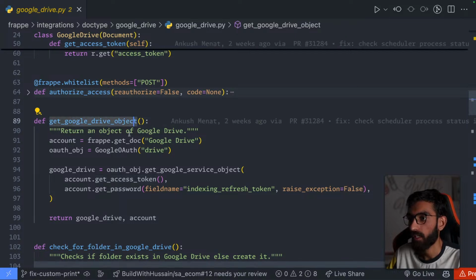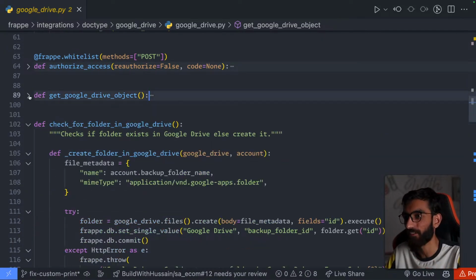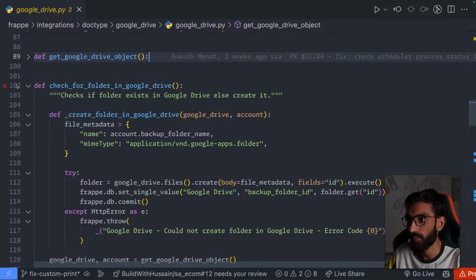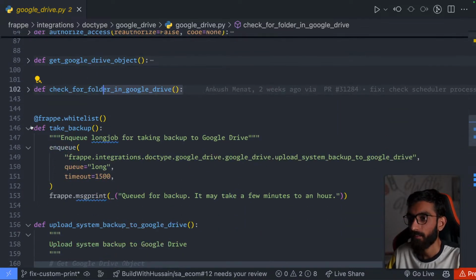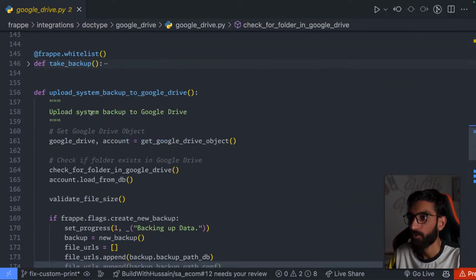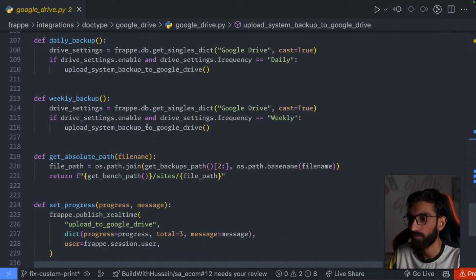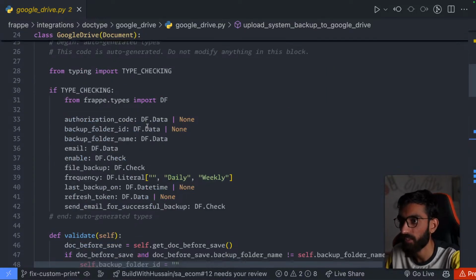Get Google Drive object. Nice. So we don't have to do a lot of stuff. Framework has the code. We will just integrate import stuff. Check for folder in Google Drive. Else create it, right? Half of the work is done. Take backup, I don't know, upload system to Google Drive. So we have some code that we can reuse. Nice. So let's start with the